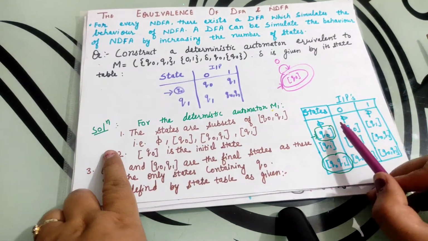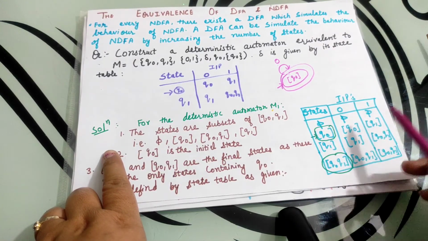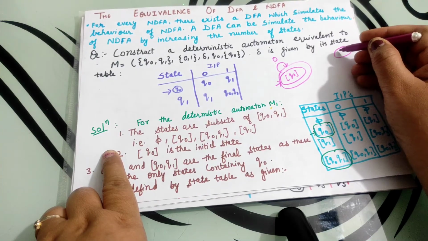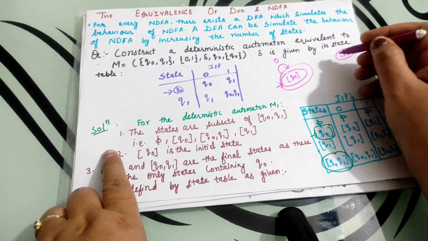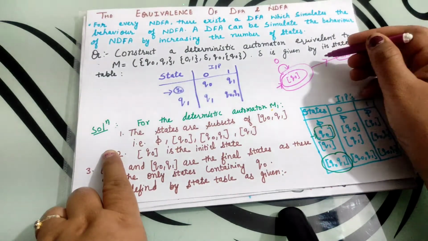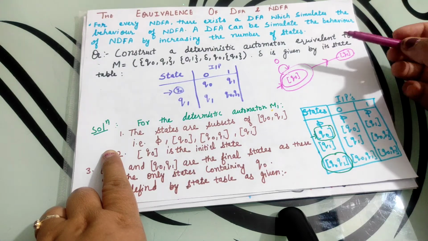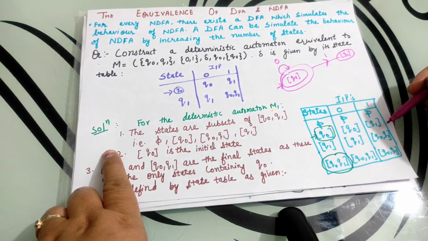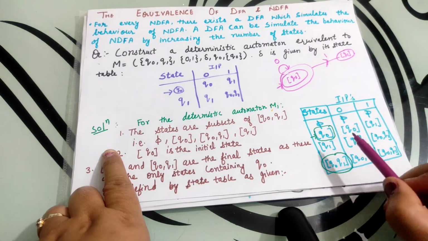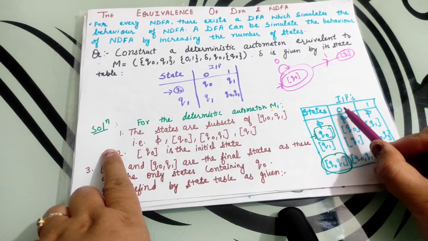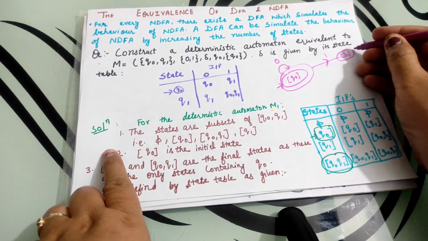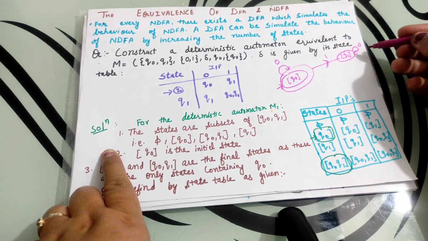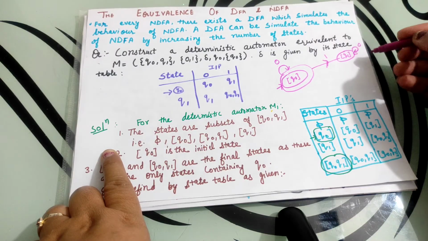Now check for the one input. When we provide the one input at Q0, the next state is Q1. So draw here an arrow showing the flow of transition, that is from Q0 to Q1. When we provide the one input, then the next state is Q1. Now come to the Q1 state. At Q1, when we provide the zero input, then Q1 comes to itself. As I said earlier, this is shown with the help of a loop. This shows when we provide the zero input, then Q1 comes to itself.